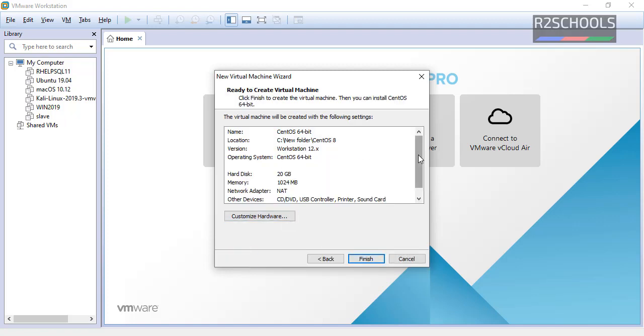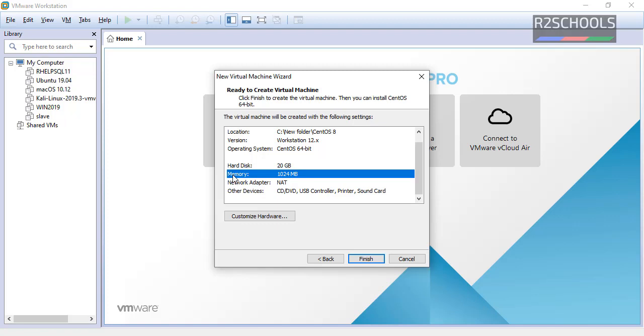See, these are the virtual machine settings. Name, location, version. Version is the VMware Workstation version and operating system is CentOS 64-bit. Hard disk size is 20 GB. Memory 1 GB. Network adapter type is NAT and other devices are this one.